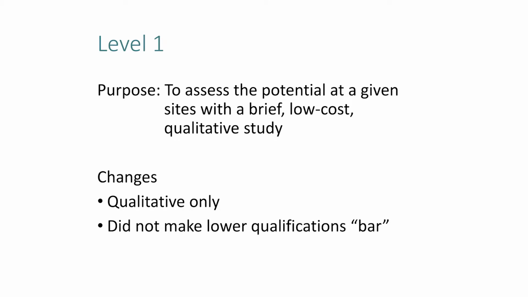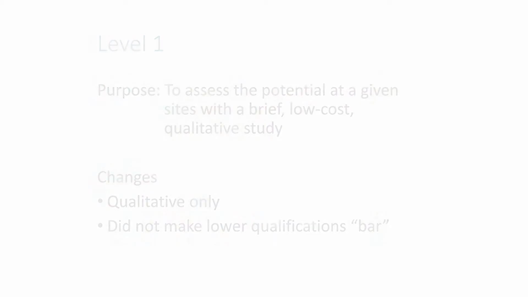But for the time being, for the standard, we're going to report EUIs so we can start looking at it. So then we have Level 1 requirements. My idea of Level 1 is that it's basically scoping. You're trying to figure out if there's a lot of potential there or not. And so what you do should be brief, low cost,